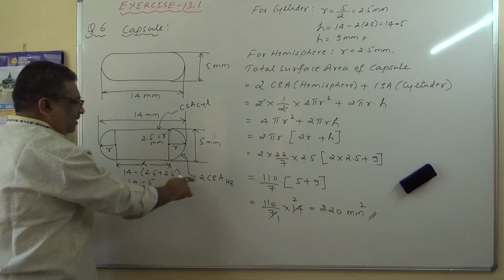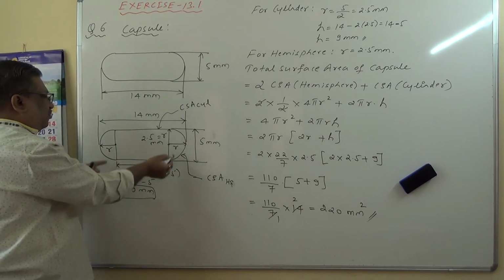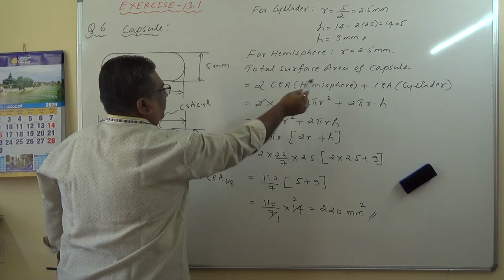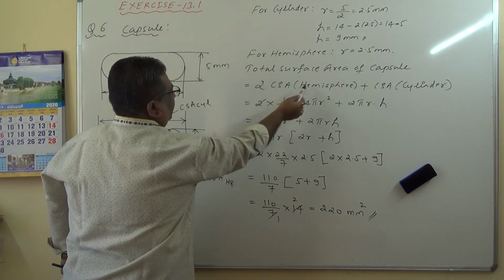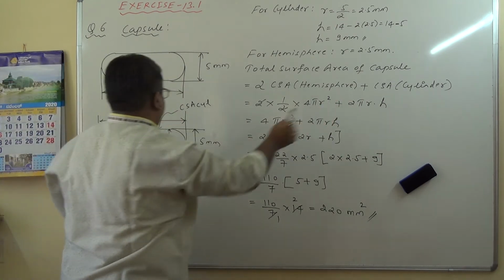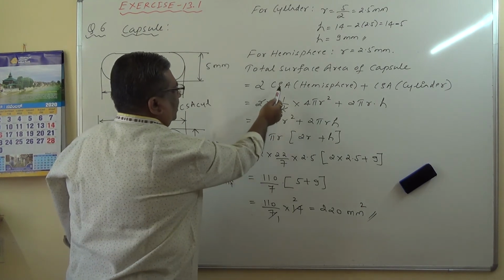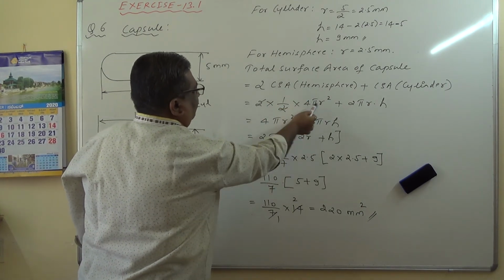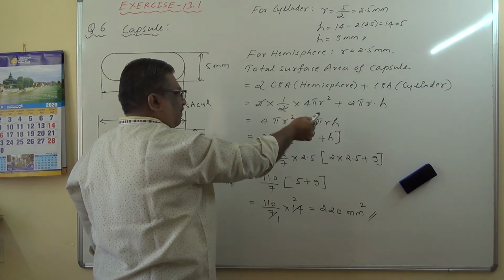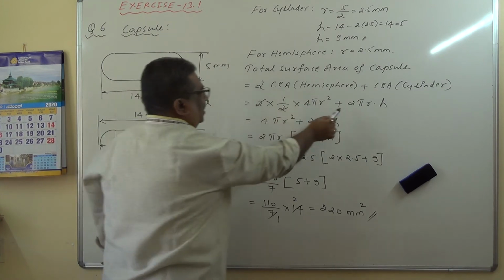This is the CSA of the hemisphere, I will write this one. We have to add it 2 times because these two hemispheres are symmetrical. So the total surface area of the capsule is 2 times CSA of hemisphere, because there are 2 hemispheres, plus CSA of the cylinder. 2 into CSA of the hemisphere is 2 into half into 4 pi r square. 4 pi r square is the surface area of the sphere, half of that is the CSA of the hemisphere, plus